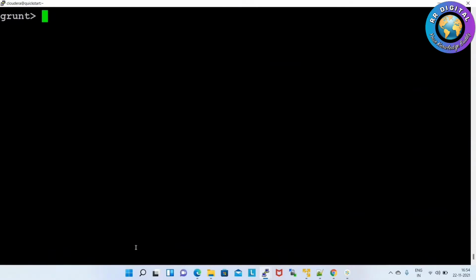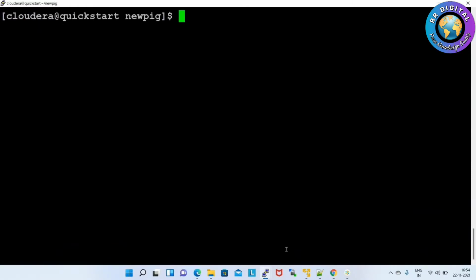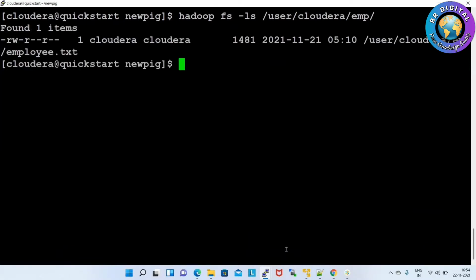Now, to create a bag in MapReduce mode, our data file should be in an HDFS path. First we'll cross-verify any data file available in HDFS. I have one data file in the user cloudera emp directory. This is my HDFS directory.